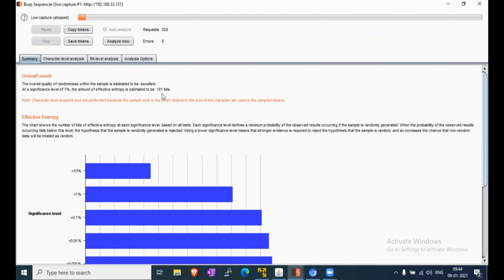From the web penetration perspective, these session tokens are very strong. There is no vulnerability within this report. So this is all about session token strength using a sequencer, and how you can perform it in your lab.